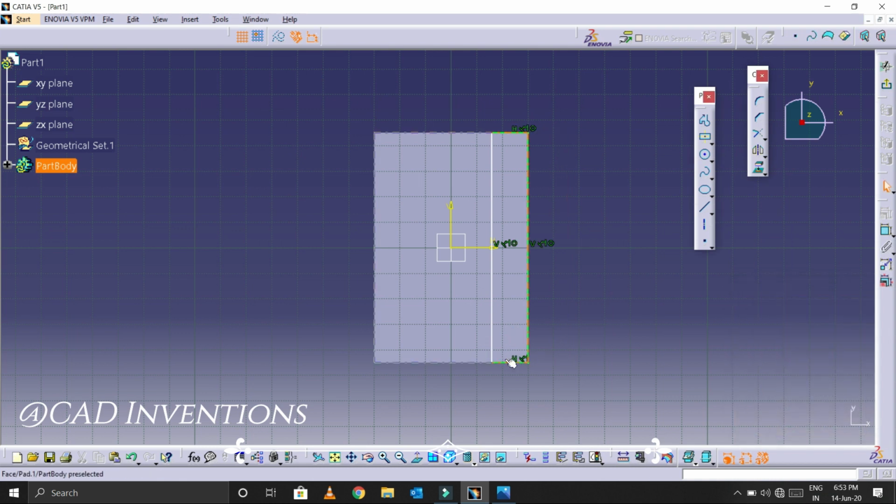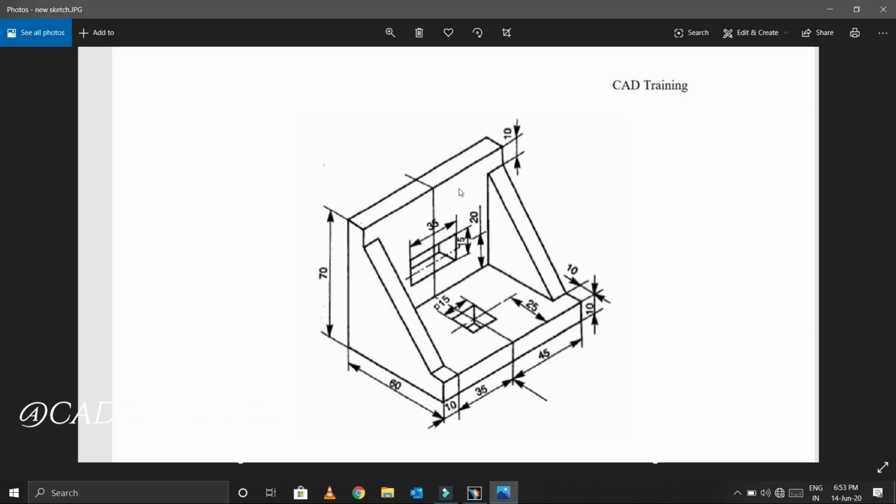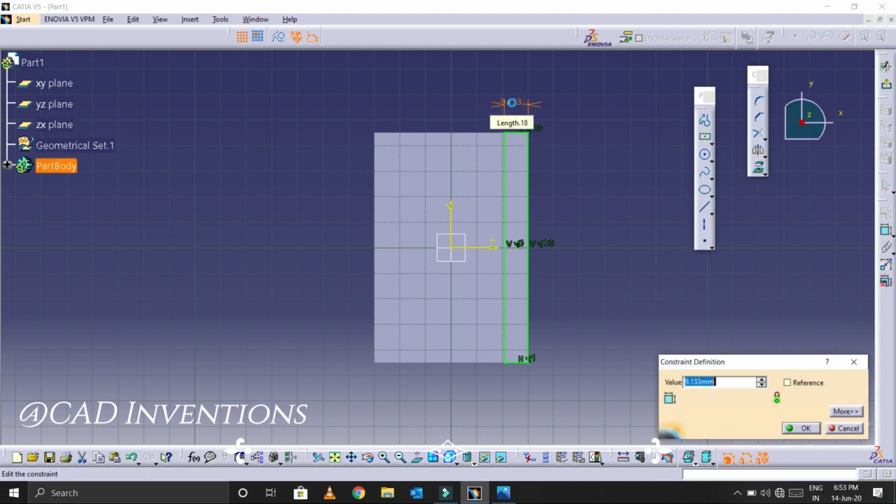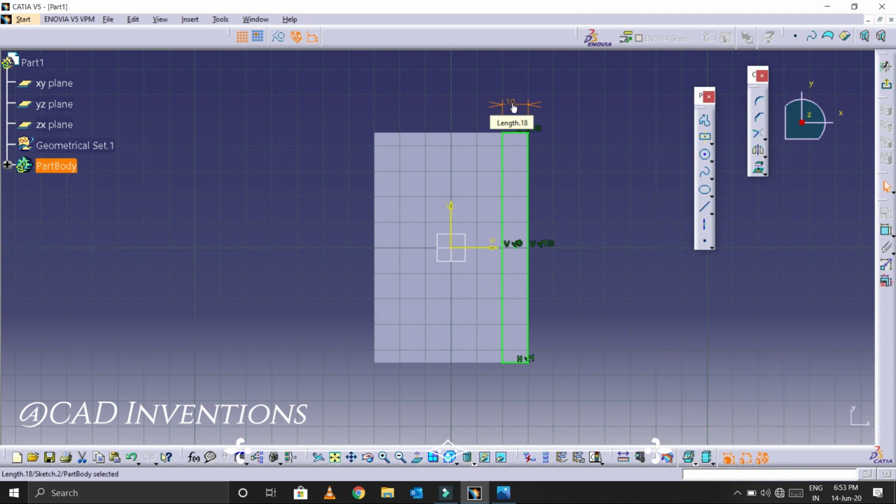Now 3 sides have been constrained, but the 4th side is not constrained. The width is the same here, 10. So select that constraint and select that width, it is 9, give 10. That's it. Now exit workbench.